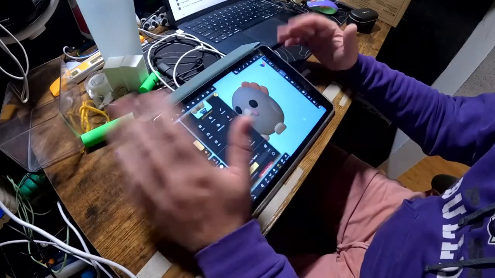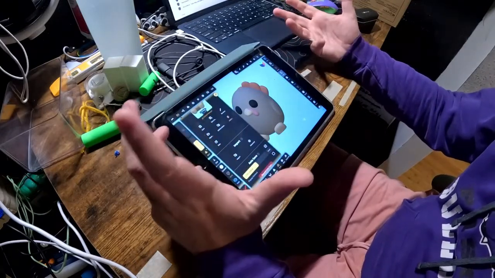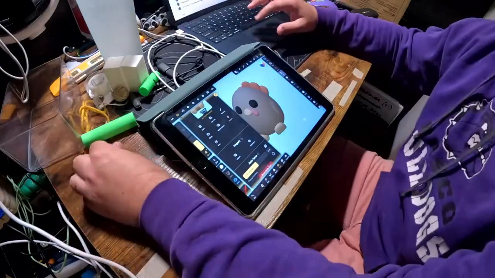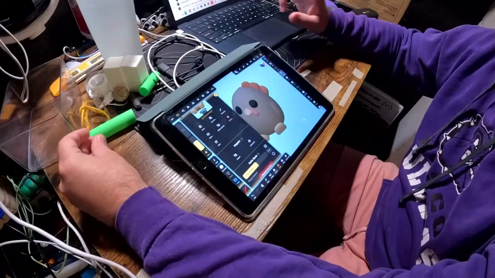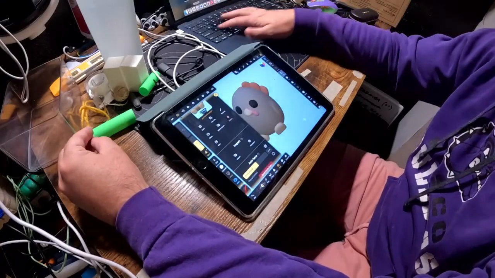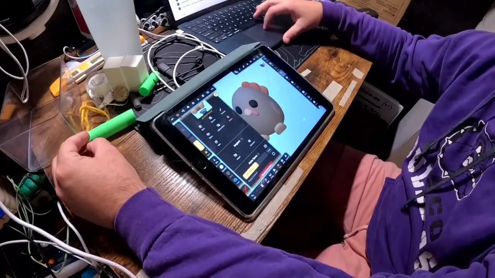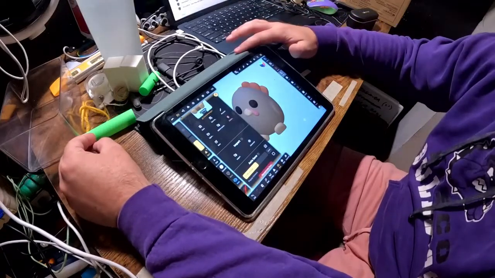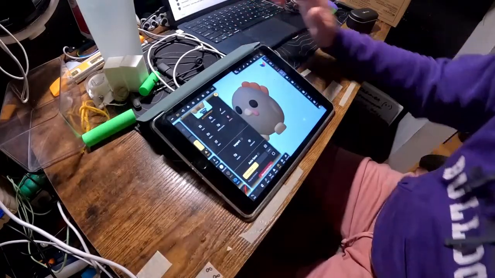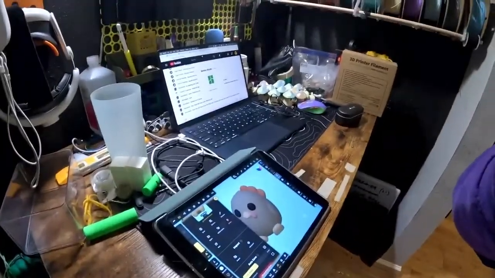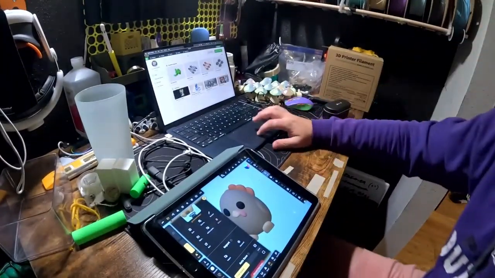And here I am okay with MacBooks. Like I just kind of feel medium about them. I prefer a PC or a Windows computer. But there is one feature that I really love, and it's the ability to AirDrop STLs directly from my iPad to my computer instead of having to go through Google Drive or some file hosting service. So I'm going to move my camera up like this so we can kind of see what's going on here.